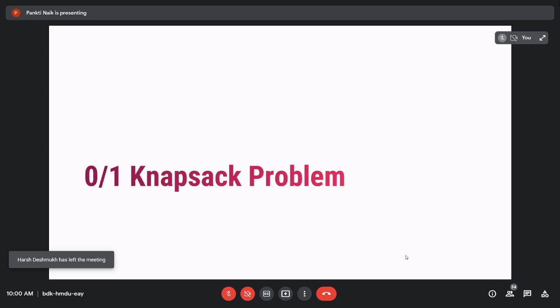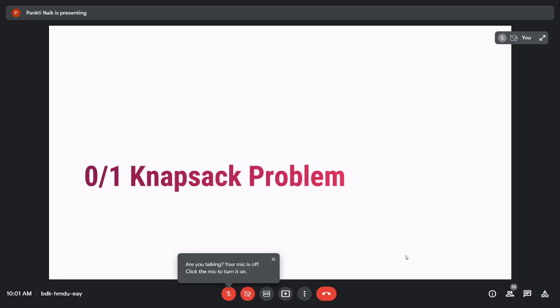And the capacity of the knapsack is capital W. So it means we can fill the knapsack at maximum weight capital W. And the problem is we have to fill the knapsack with maximum profit, with the most valuable subset. So now we understand what the knapsack problem is.